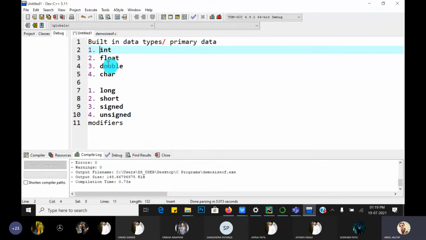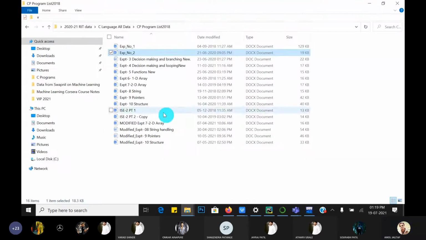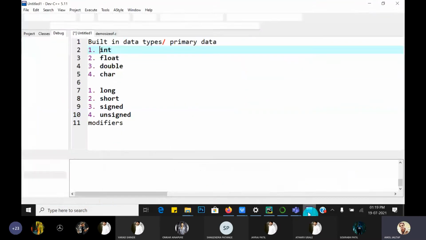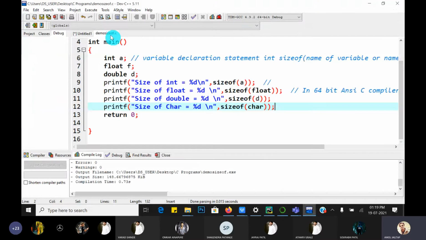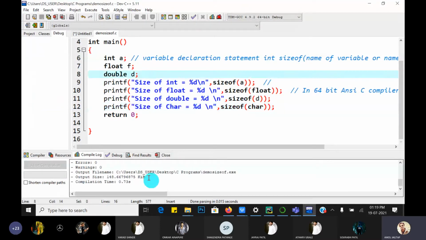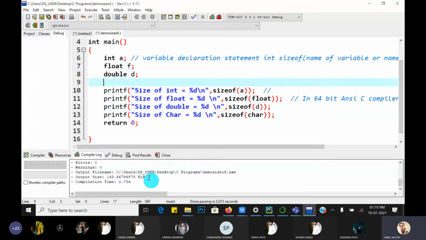Before int, if you write short, what happens? How does the data type look? Just write short or short int. Short int s. And I want to calculate how many bytes are required for this variable s.